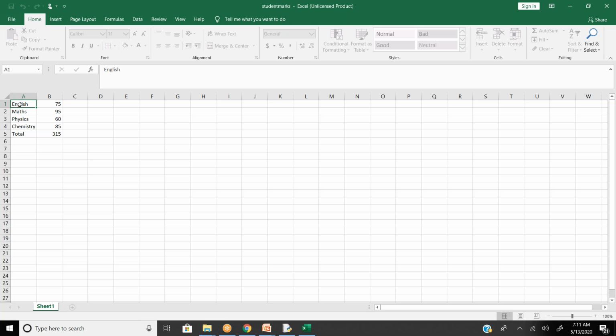Row 0 column 0 is nothing but A1, and row 0 column 1 is nothing but B1. Those are position numbers, and the total has to be updated under row 5 column 0. Are you getting what I'm trying to say? The position numbers.